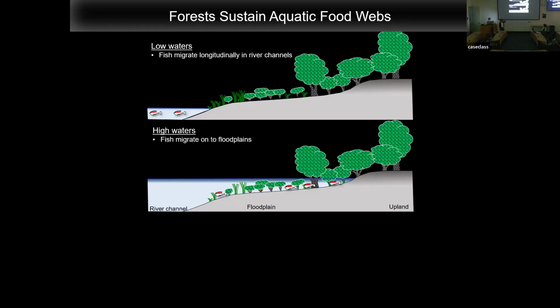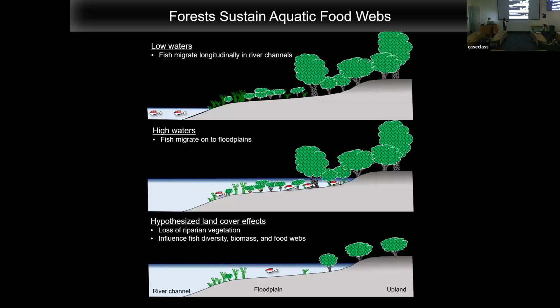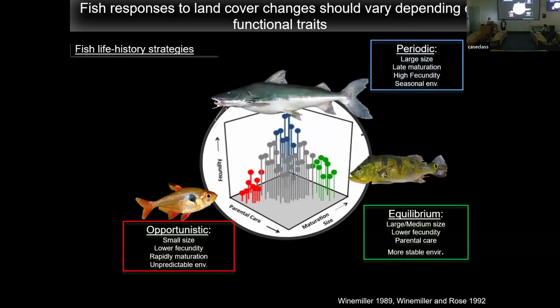So despite this importance of forests to maintain fish biomass, at that time, no studies had evaluated how forest loss can impact fish diversity, biomass, and aquatic food webs. So here, my colleagues and I hypothesized that land cover changes, or more specifically forest loss, would affect fish diversity, biomass, and food webs, right? But our hypothesis was also that fish's responses to land cover changes should vary depending on the combinations of traits. And what I mean with traits, if you are not directly in this field of ecology,